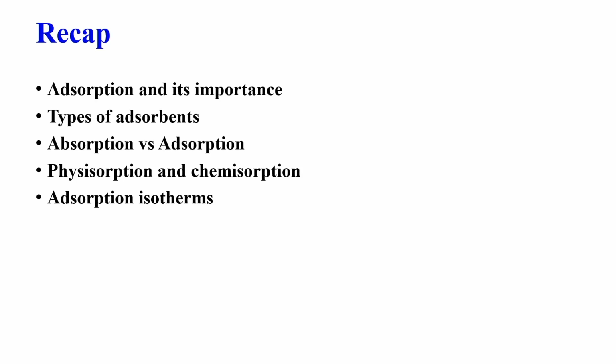It is a surface phenomenon, and types of adsorbent, particularly based on their origin. It may be some inorganic material, some bio-based, or some polymeric materials. Then we quickly discussed how to differentiate between adsorption and absorption. Then, once adsorption is taking place, we need to see how adsorption varies with time, and adsorption capacity also varies with the concentration. Those data we consider as adsorption isotherms, and we discussed a few adsorption isotherms like Freundlich and Langmuir